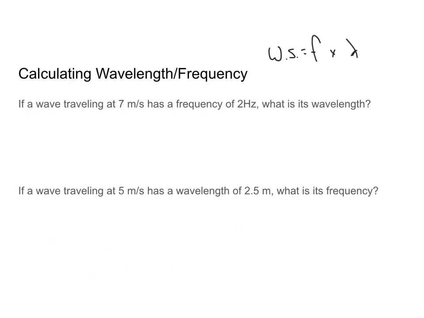So we can use this equation to calculate the other properties, not just wave speed. So we start out with the same equation, and I kind of simplified it here. Wave speed equals frequency times wavelength. And this is the Greek letter lambda. That's used to represent wavelength. And so when you see that, we're really talking